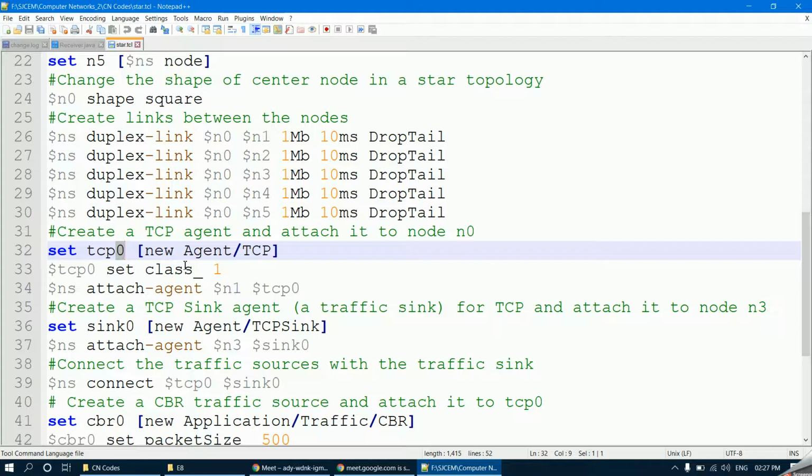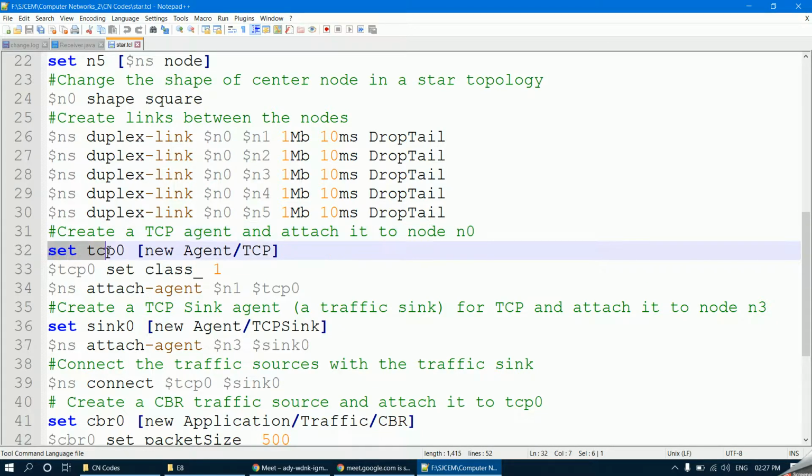Creating the objects, declaring your variables, how you do it for C, C++ and Java. Okay, this is the process that is followed. So set tcp0, you are basically creating a TCP agent, and that agent you are attaching to node n0.